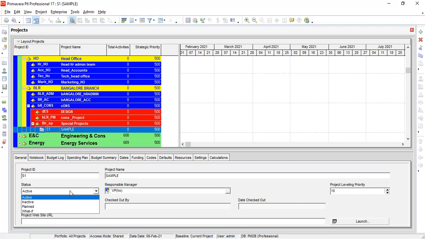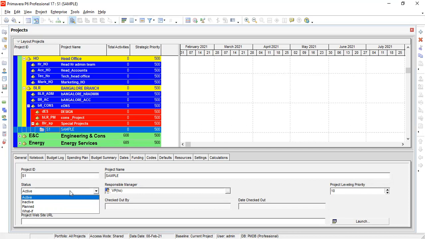No, what is the difference between this? If active, I understand. Inactive also I understand. But if it is planned, or you leave it in what-if stage, does it affect any active calculation? Here it may be planned and tracking, both we can do. In planning itself, there are two stages: the planning stage and the execution stage. But planned means only the planning stage. Execution may be later.